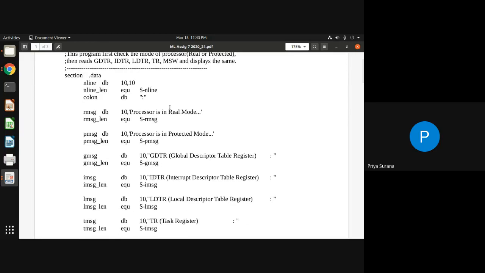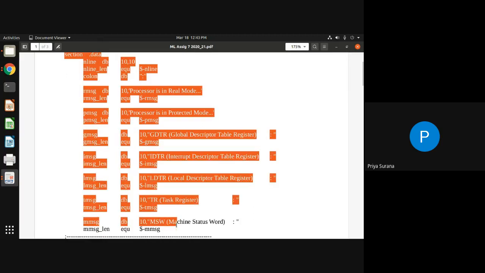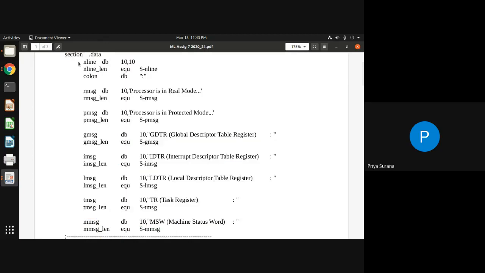Now, the first part of the assembly language program, which most assembly language programs require, is section .data for the declaration of messages. If you have any doubt related to this, one more video is uploaded, related to the basics of assembly language.